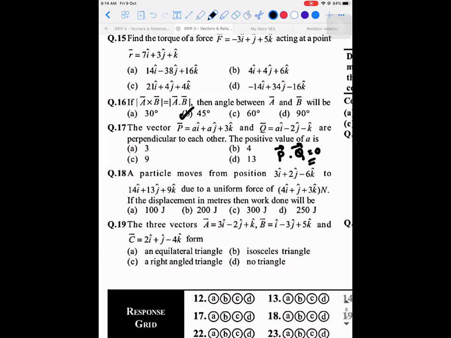So what will P vector dot Q vector give you? It will give you A square minus 2A minus 3. So if you factorize it will be A minus 3 into A plus 1. So A will be 3 or minus 1. They have asked the positive value of A. The answer will be